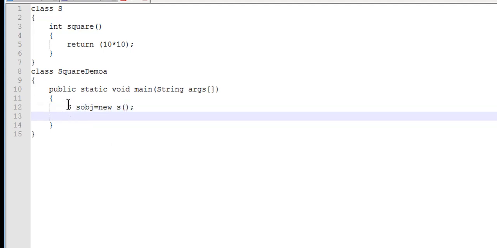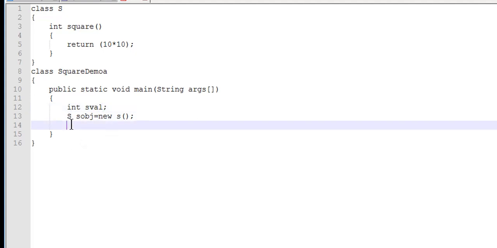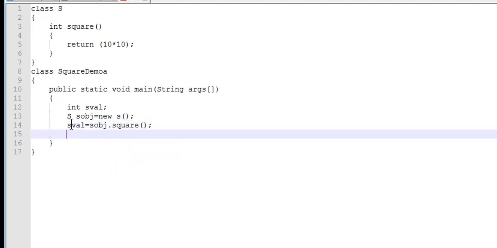Now we are going to declare a variable called sval. Now sval is equal to sobj.square. We are calling that method square. So what happens is the square of 10 will be returned.